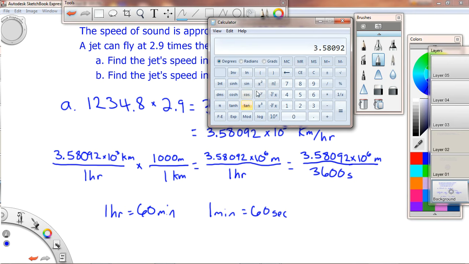Let's see, how do I do it here on this calculator? There's no E button. There's a 10 to this X, but I think if I press that, it'll take this times. Okay, that's how mine does it. So 10 to the 6 is a million. So I'm multiplying by 1,000,000 here. This number here is the top number of my fraction, okay? Not in scientific notation. So I'm going to divide this by 3,600, and that gives me a final answer of